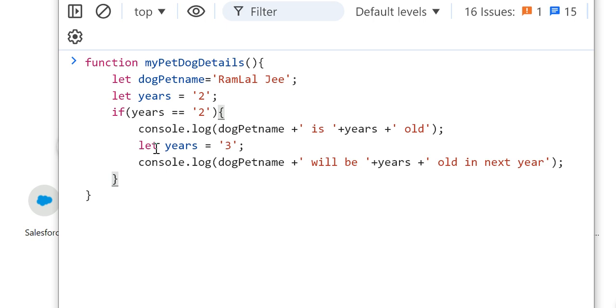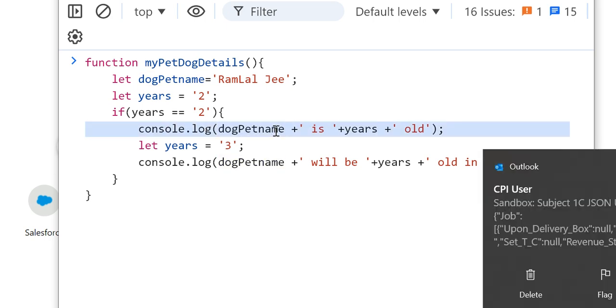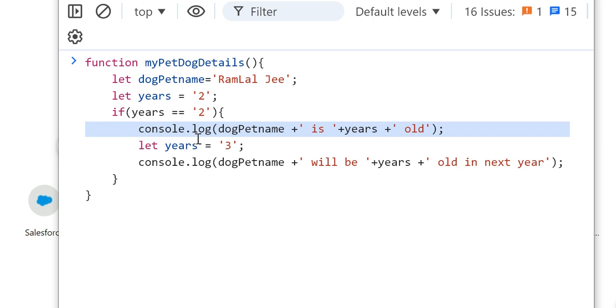And the third point, if you are using the let keyword, first we need to declare and then we can define. So here it will generate an error, because the let keyword is